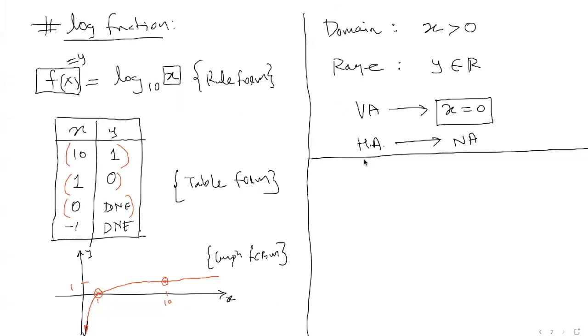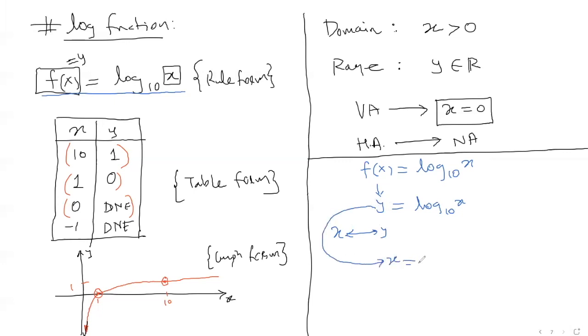Now, having said all of that, next we're going to quickly look at how you find the inverse of a log function. So you have f of x is equal to log of x to the base 10. Now, that's our original function here. So you know f of x is y. I'm rewriting this as y is equal to log x to the base 10. Now to find the inverse, we exchange x and y. So when we do that, y will become x and x will become y. So it is log y to the base 10, let's say.